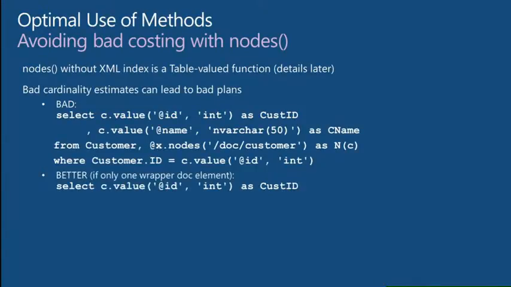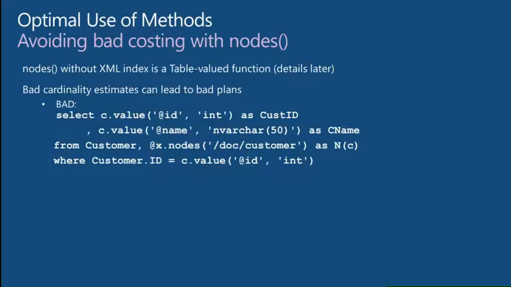this, I say, select my values from customers' nodes, where customer ID, blah, blah, blah. The nodes method will be basically estimated to cost about 10,000 rows. That's kind of fixed. We're doing some additional optimizations that we'll get to later, but that's basically what it does. Now, if I do a join here